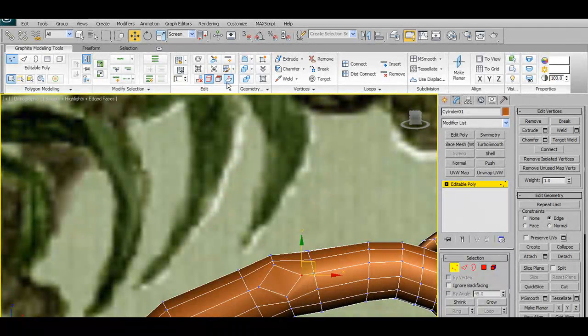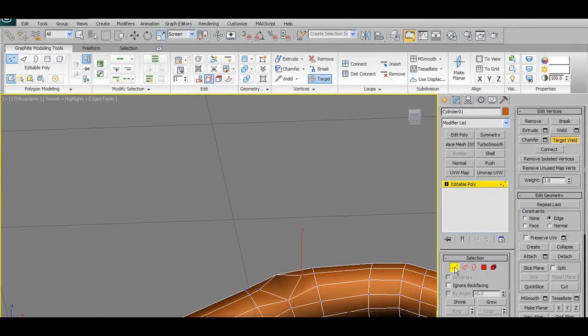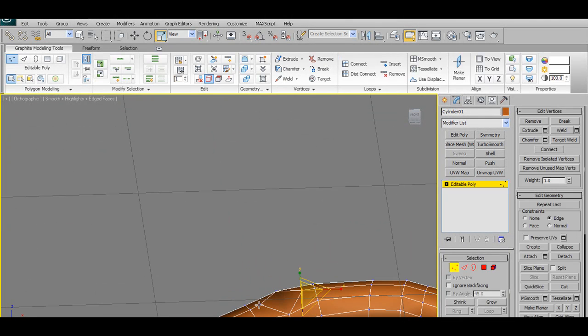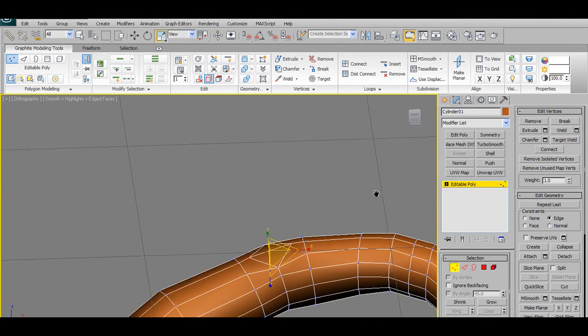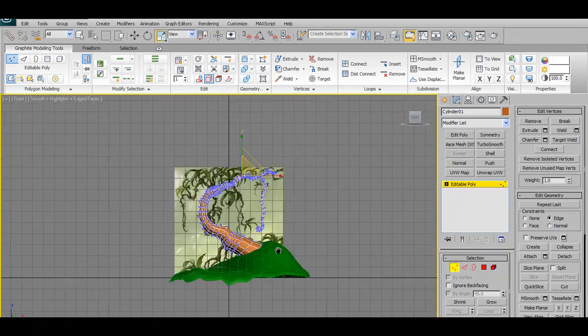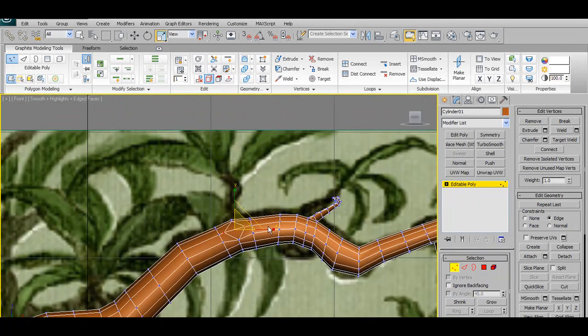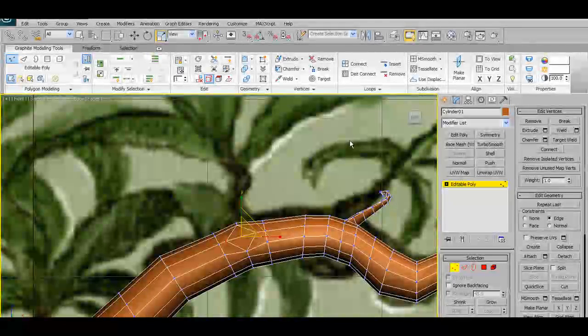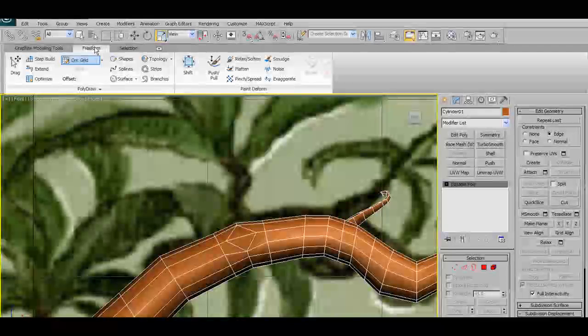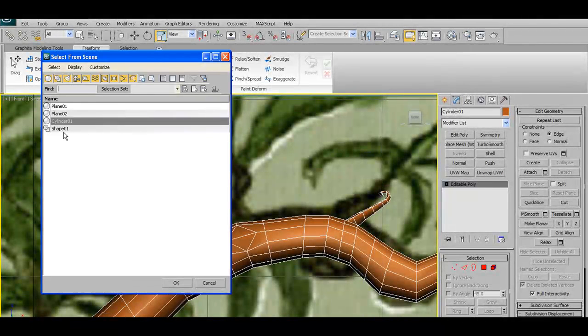And that looks to be good. So once again, target weld my vertices over. And then I think I'm going to just quickly connect these two vertices together to hold some of that form. And then back in my front view, I'm going to jump back over to freeform. I'm going to select my shape